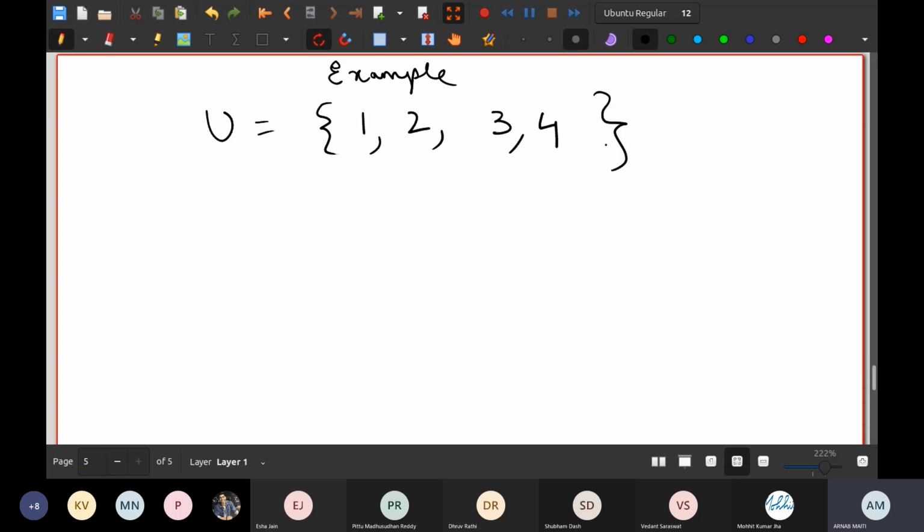Okay, let me use an example, then it will be clear. Say your universe is 1, 2, 3, 4. Okay. And say, just for the sake of simplicity, your k is say 4, like not 4. Sorry, my bad. Yeah, say. Okay, just one second. Let me frame a proper example.